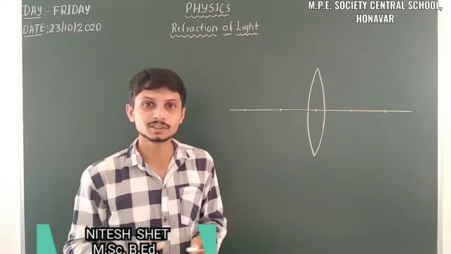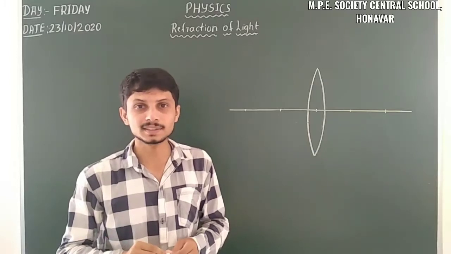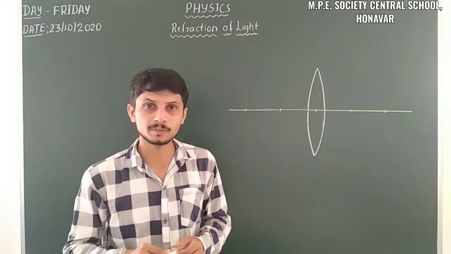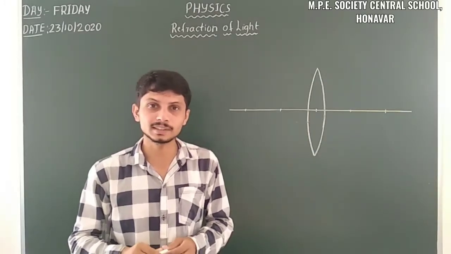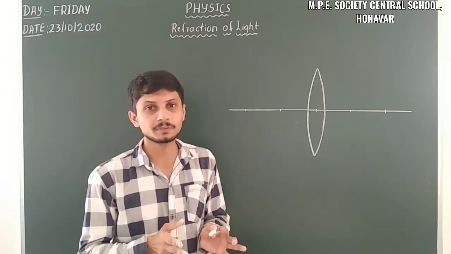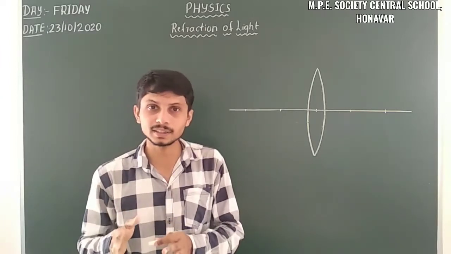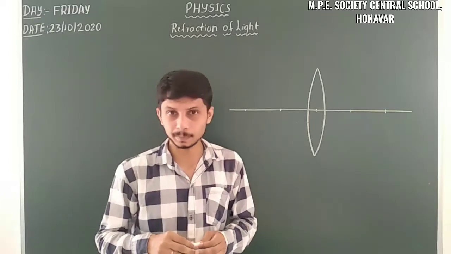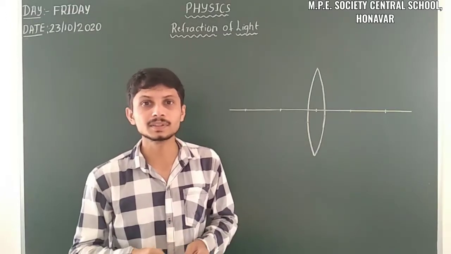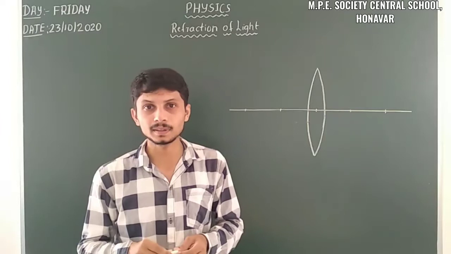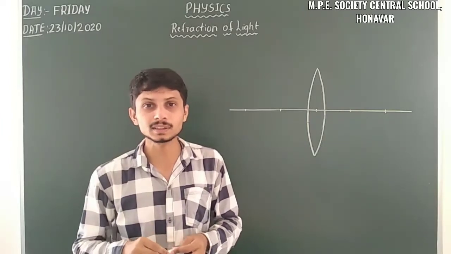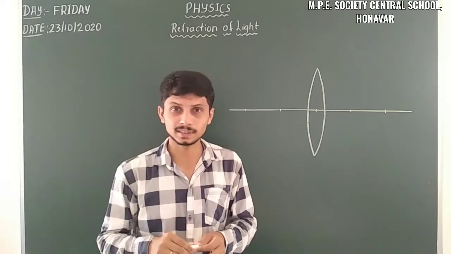I am from Annavara. So last class we discussed a topic from 10th standard, that is refraction of light. In refraction of light we already discussed what is meant by refraction, what is meant by refractive index. Also we discussed spherical lenses, their types and also their parameters. We also discussed ray behavior in spherical lenses.